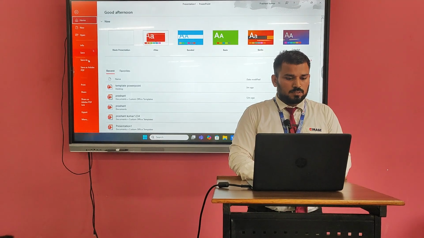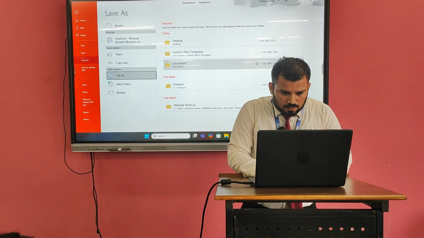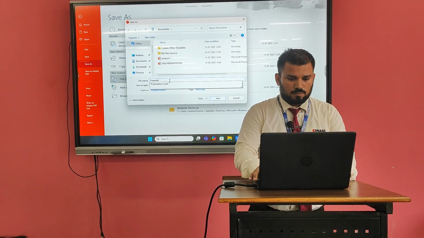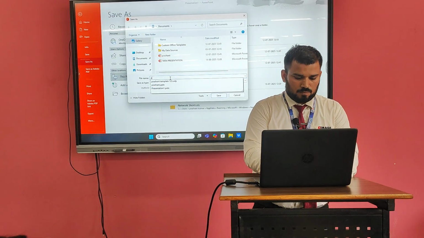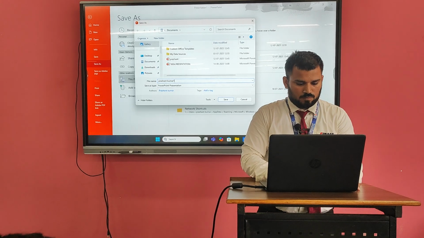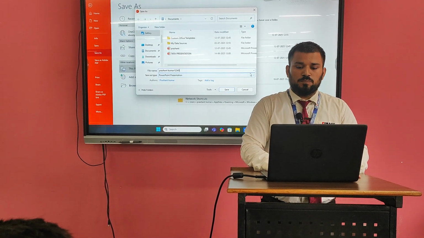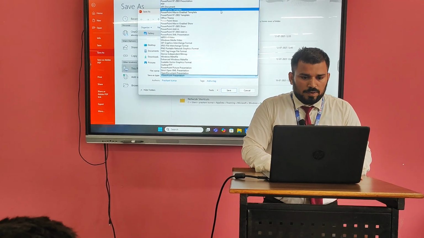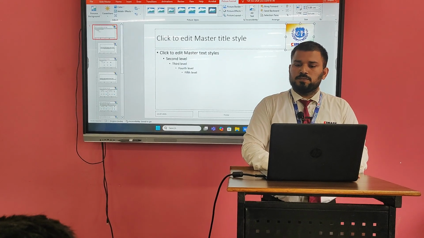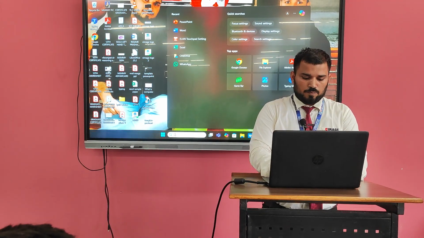So go in the File tab, Save As, This PC, Documents, and change Save as type to PowerPoint Template and save it. Now close it. Again open PowerPoint, go in the search bar, type PowerPoint,